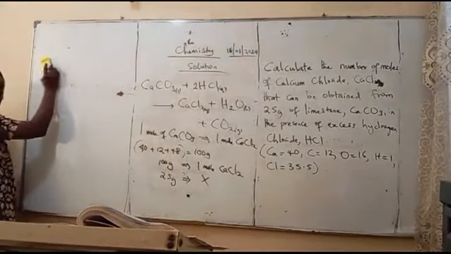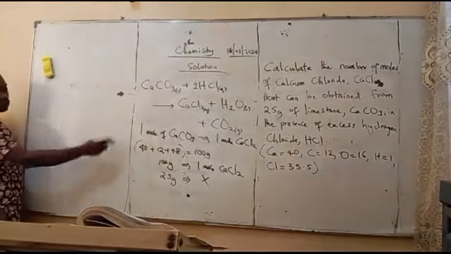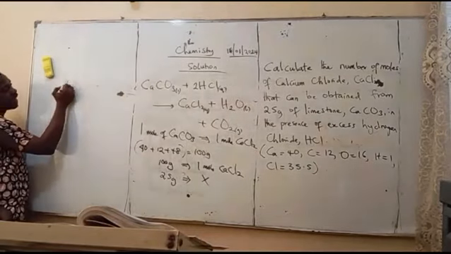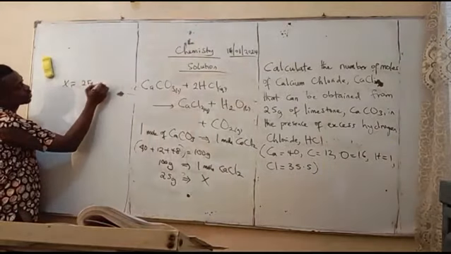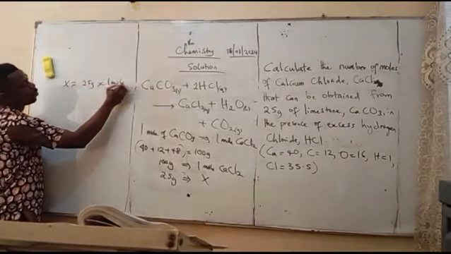Okay, look up. If you cross multiply, that means X is now equal to 25 gram times 1 mole over